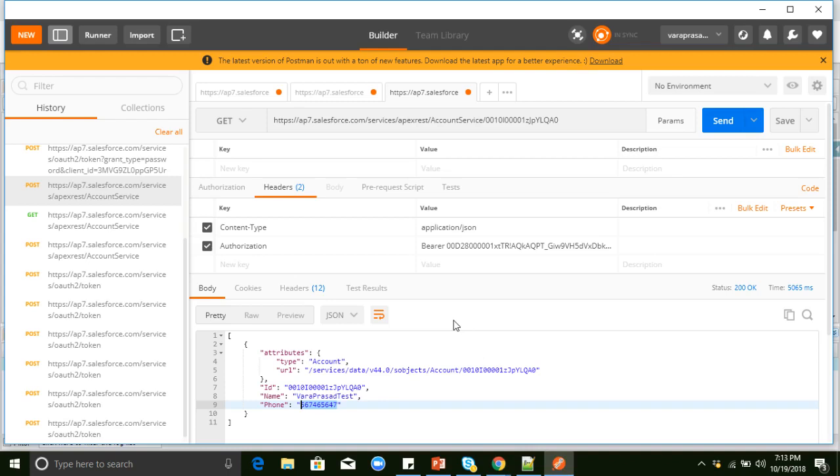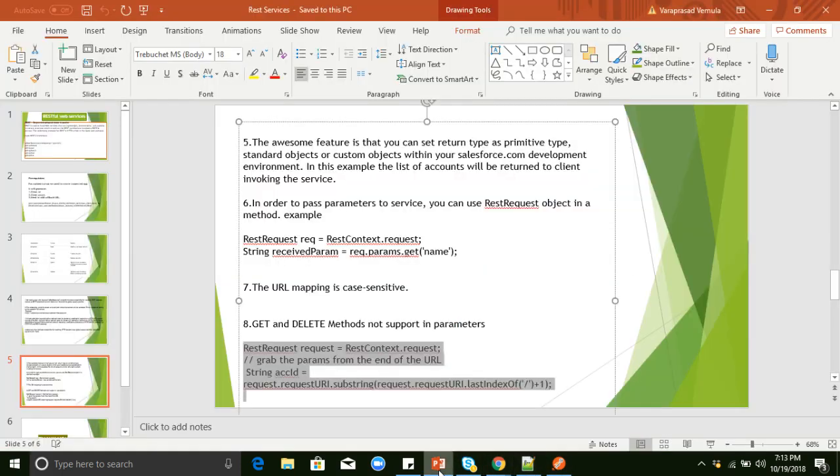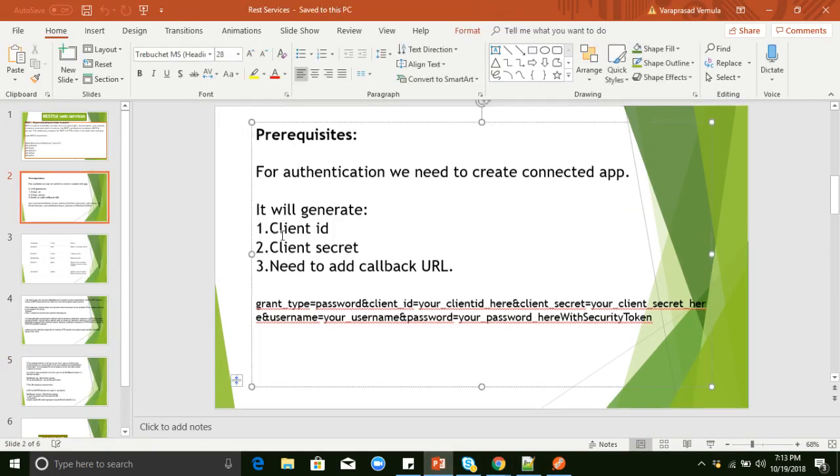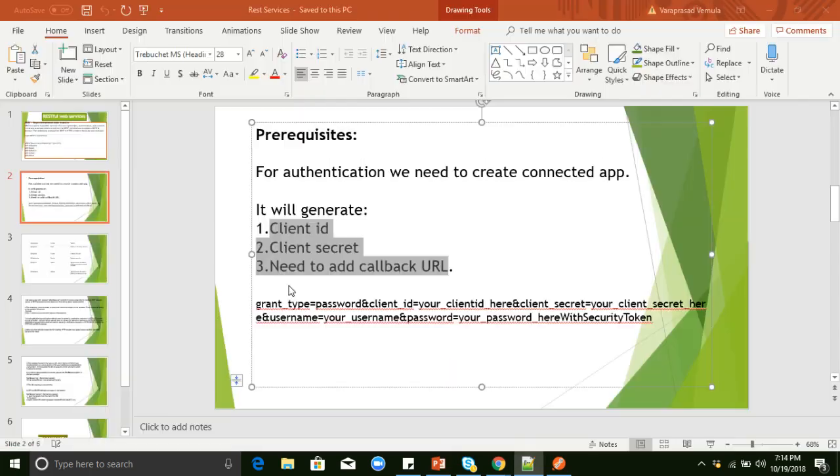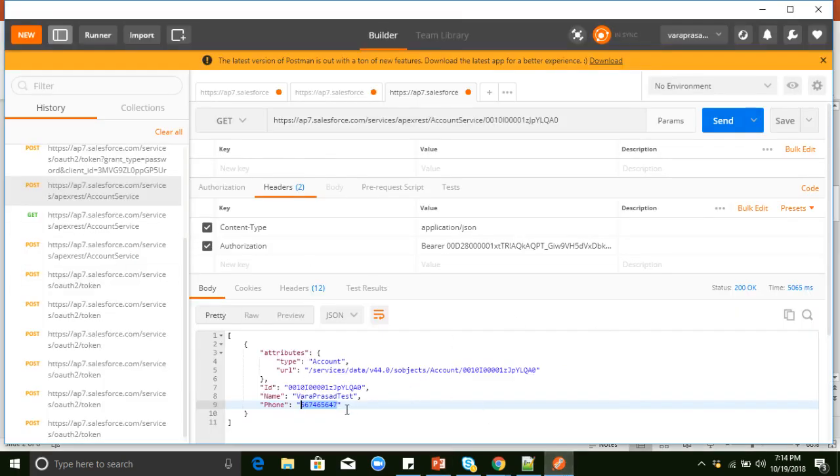First of all, just remember these points. To connect to Salesforce, we need Salesforce credentials, meaning client ID, client secret, and callback URL. How can we generate these? First, we need to create a connected app in Salesforce. Then we need to provide these details to the third party, which in this case is Postman. By using these credentials, they will generate an access token. Once they generate the access token, using it they will call our Salesforce classes. So we can directly test our Salesforce classes using the Postman tool itself.